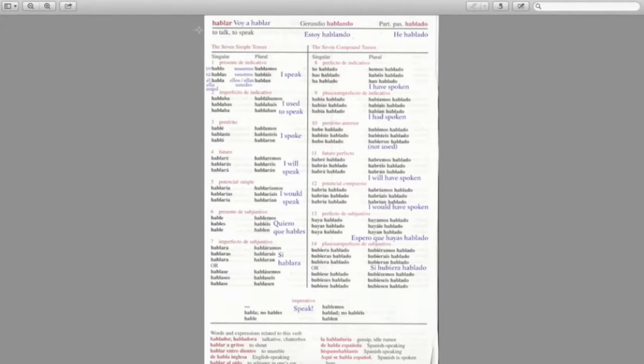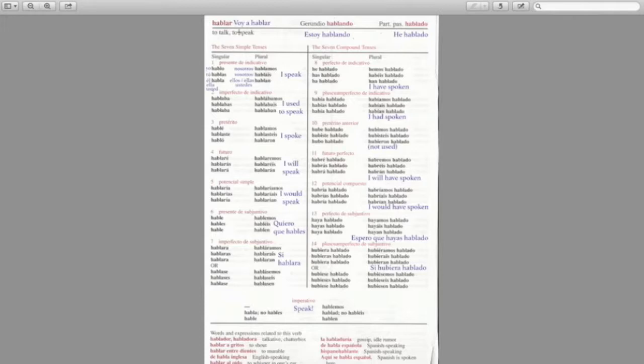All right, top left-hand part of the page where it says hablar, that's your infinitive verb. So as you know, you can use hablar with the future tense, saying I'm going to speak. Okay, turn the page. Whatever verb is there, you could say I'm going to, so on and so forth.